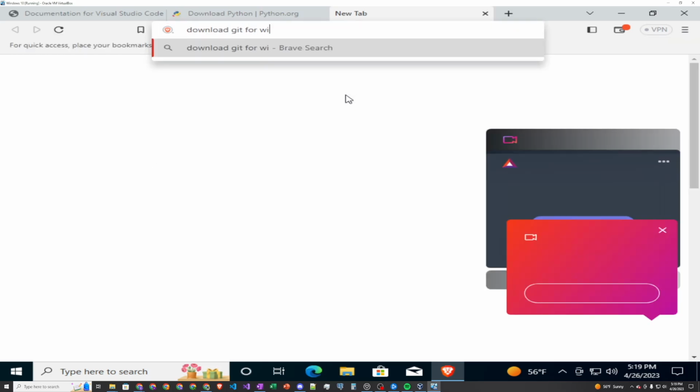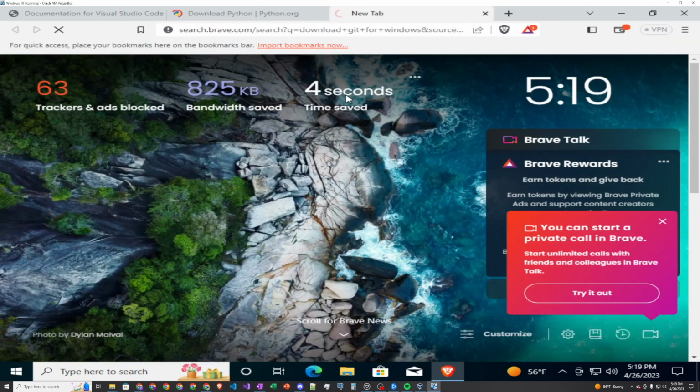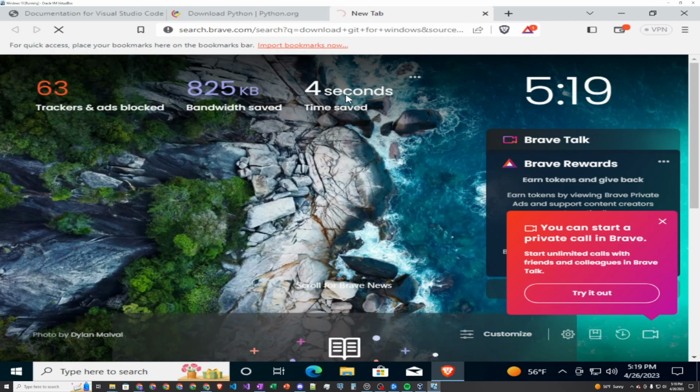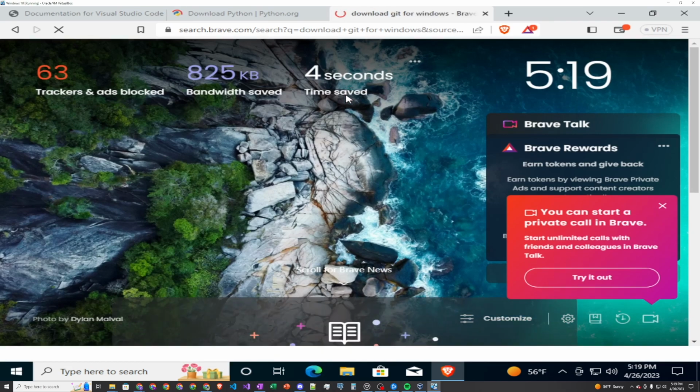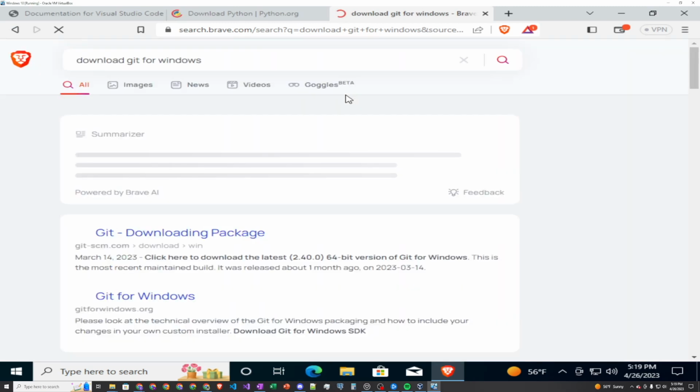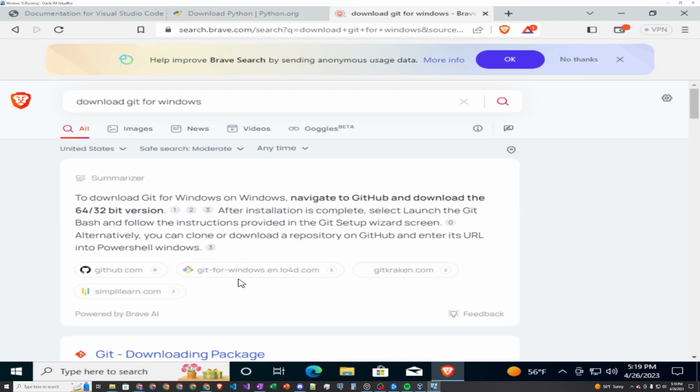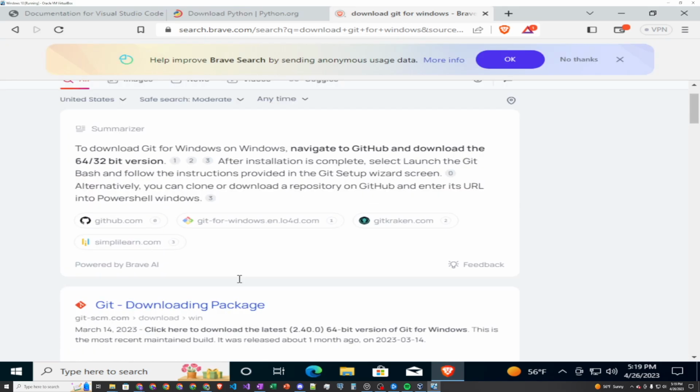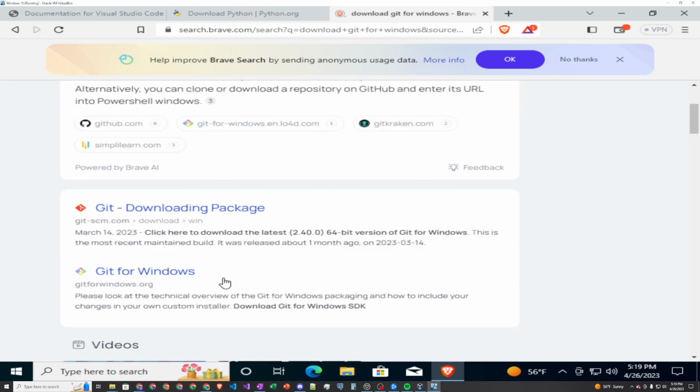So the first thing you're going to want to do, fire up a browser of your choice, and we're going to type in download Git for Windows. And I am on a virtual machine, so the internet is rather slow, but here we go. So we're going to want to do Git for Windows, so gitforwindows.org,